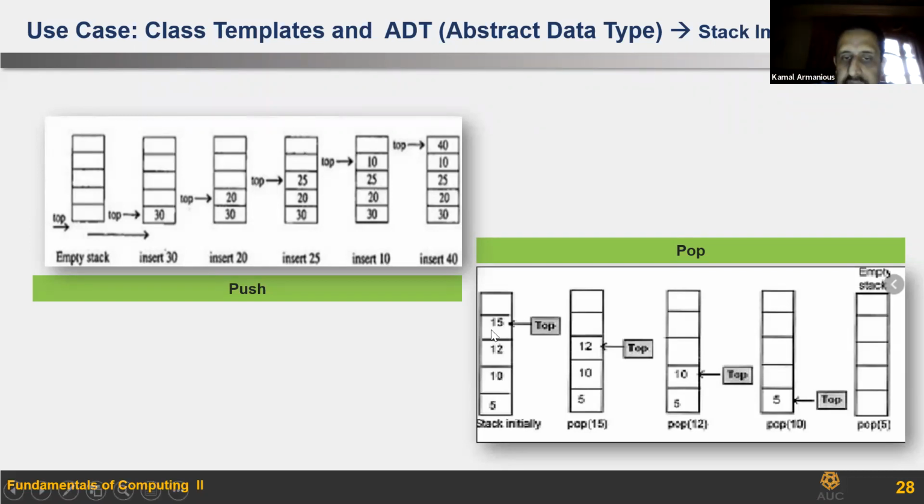So again, this is a stack. It contains 15, 12, 10, and 5. So this stack contains 4 elements. When I pop, I put this 15 into a variable, and then the top will be at 12. I pop, the top will be at 10, and this 12 goes to another variable. I pop again, so the top will be at 5, and 10 will be in the third variable. Then I pop the 5, and the stack is empty. Does anyone not understand what the stack is doing?